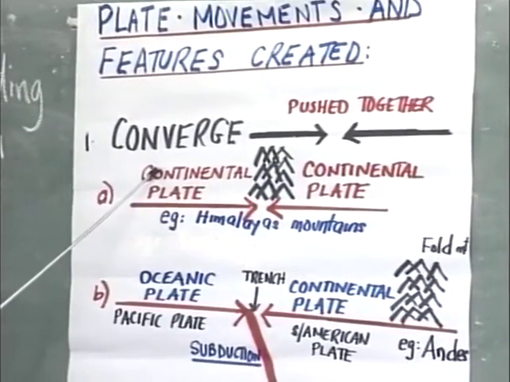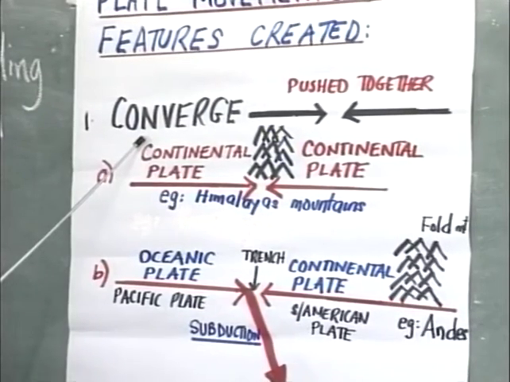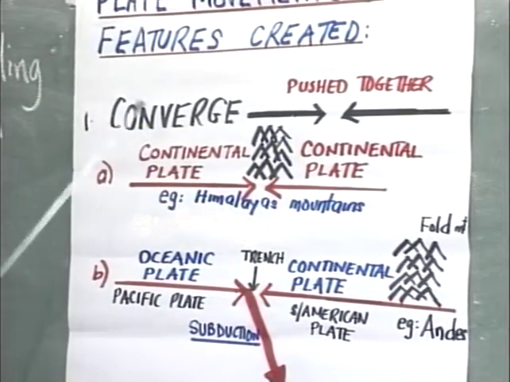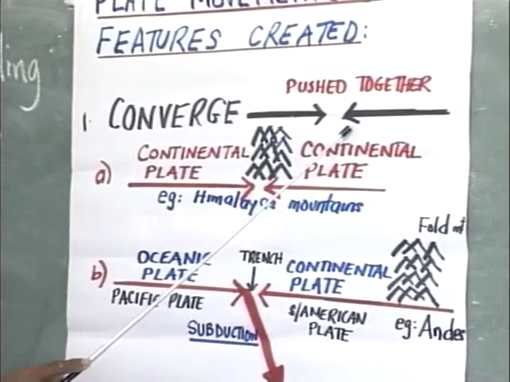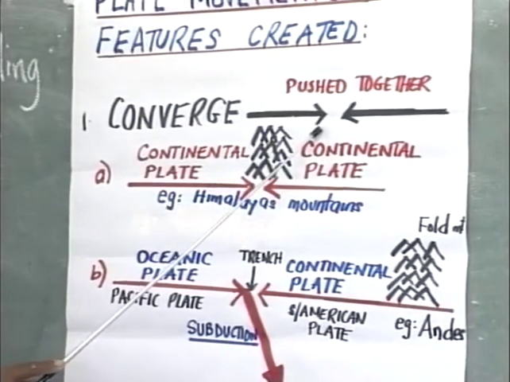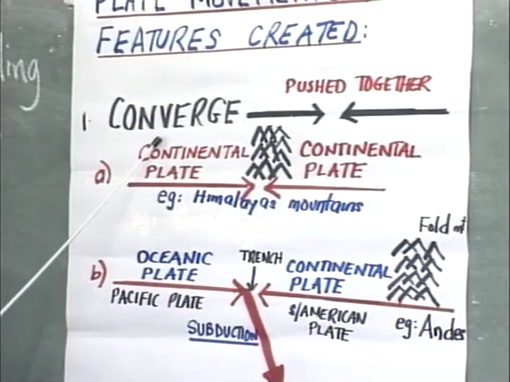Some people might say plates collide, and when they talk about collision or colliding of plates, it is still referring to when the plates are moving towards each other or being pushed together. That's a simple illustration to show the first movement of convergence. The second movement